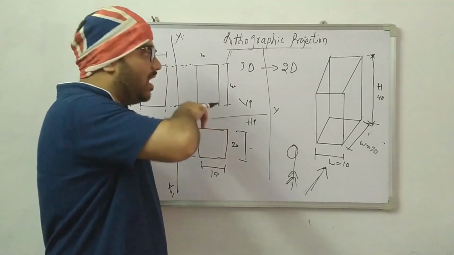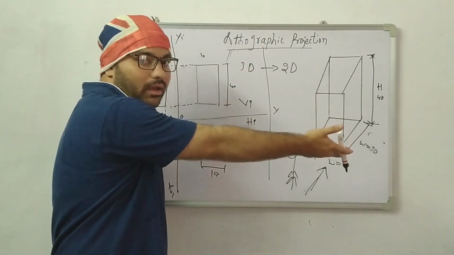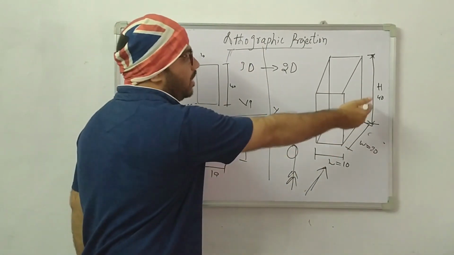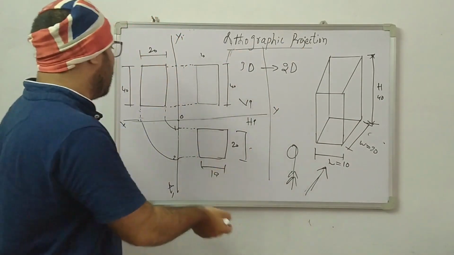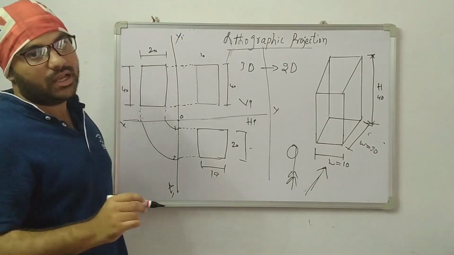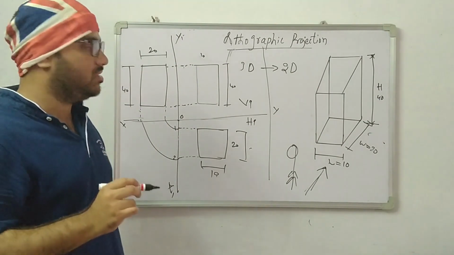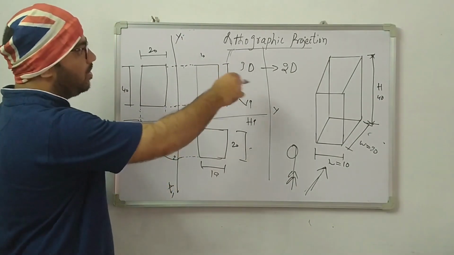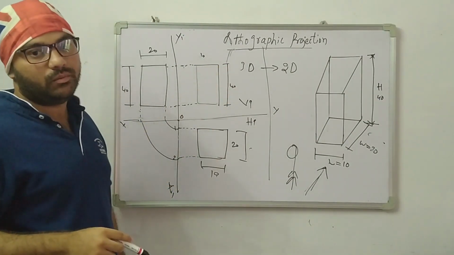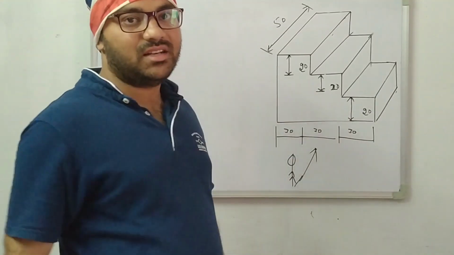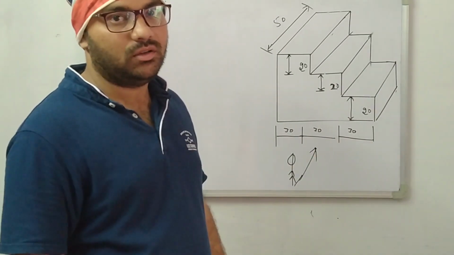Okay. If you are watching from the left side view, then draw on the right plane. For example, here in this diagram we are watching the right side view, so I have drawn it in the left plane as per the first angle projection system. So we are following only the first angle projection system. I hope you understand this complete concept of orthographic projection. Now for clear understanding, we will discuss a problem regarding orthographic projections.